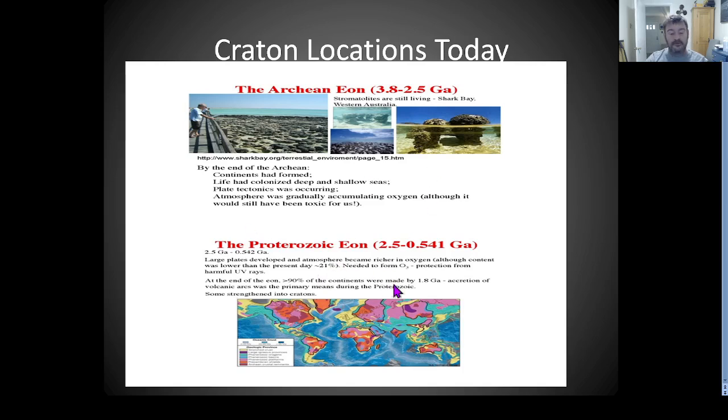And the reason why is because it's during this time that the Earth has cooled off enough, and we have the stromatolites eating up carbon dioxide, producing oxygen, which is helping to make the Earth cool down, because before there was just so much CO2, the Earth was hot. Now these stromatolites are eating this up and they're cooling the planet down. And it really happens in this time, and by about, I think it's 1.8 billion, we get what we refer to,